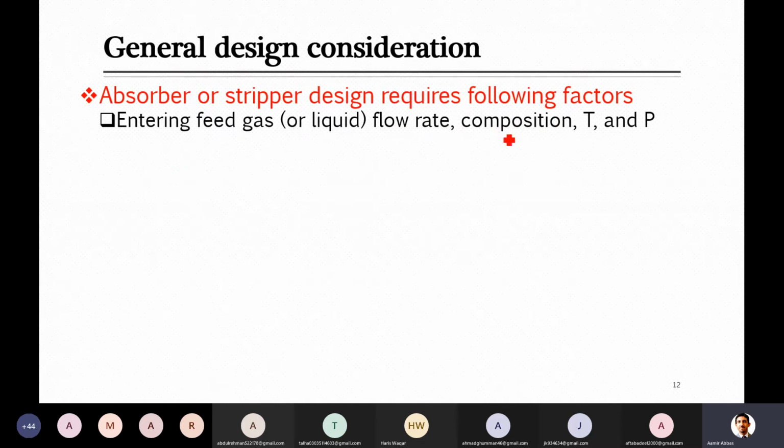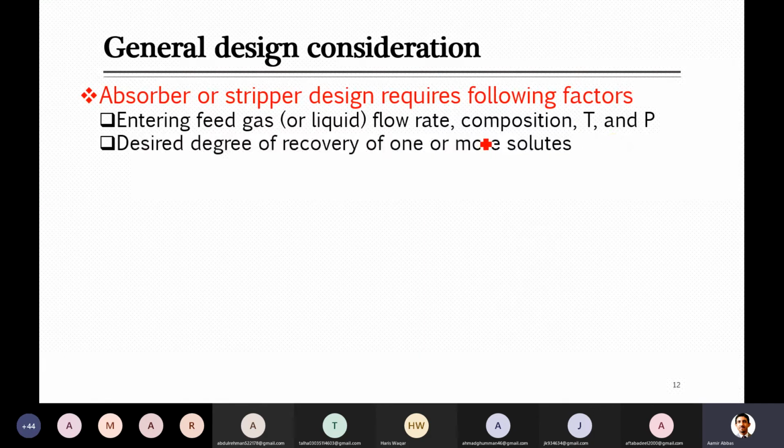For example, in case of composition, if it is corrosive, then you have just studied which one you should use. Or flow rates: there was some limitation on the flow rates for the packing or packed tower. Similarly temperature and pressure: as was mentioned, some ceramic packings are used at elevated or very high temperature. So these are the various points you can link to decide which one is the more suitable option for you.